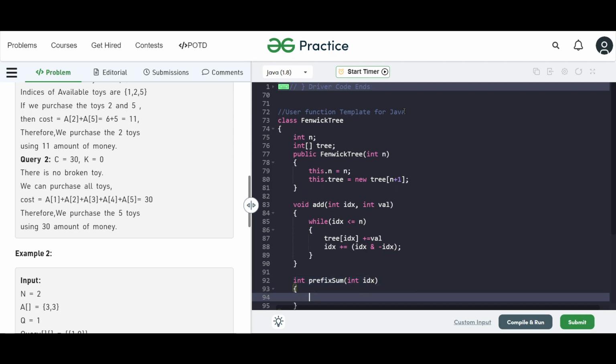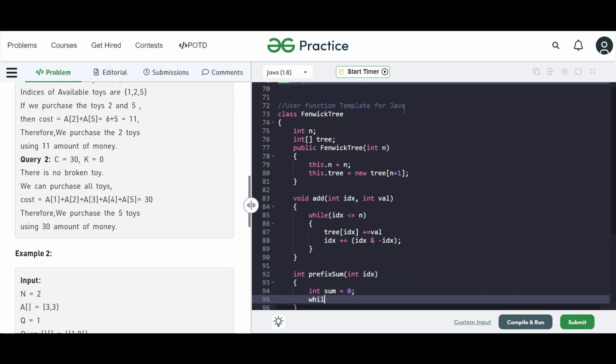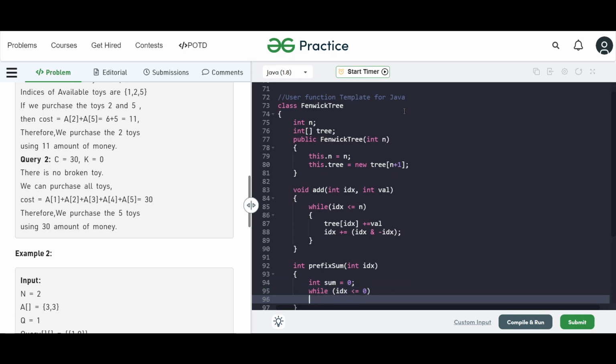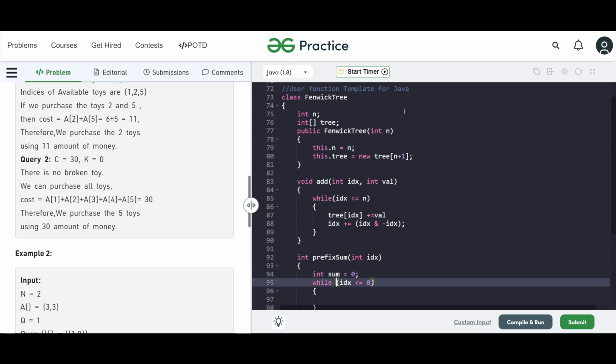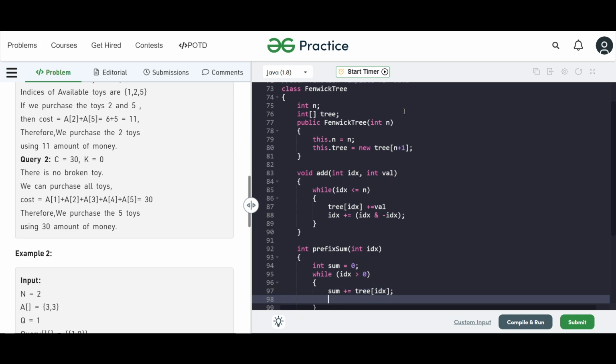And another implementation that we want from this is the prefix sum up to an index, and that's something we want, right? So let's say sum equals to 0. So we'll do while index is less than equals to 0, or rather greater than 0, my bad. Sum plus equals to whatever is the value at this index, and then a bunch of bigger segments that I will get from previous indexes that I can get using index minus equals to